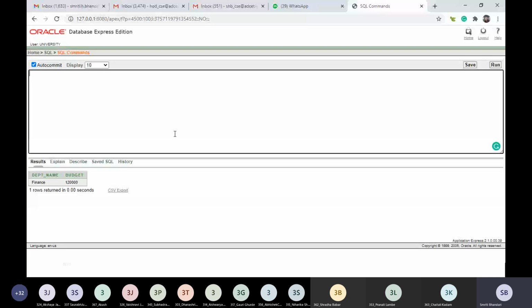So let's try to write this query by making use of this with clause.